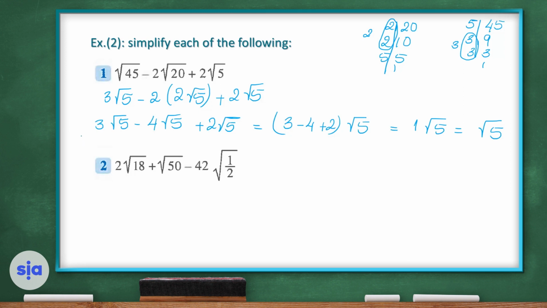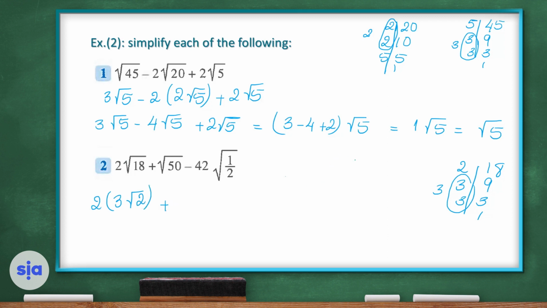It's 2 root 18 plus root 50 minus 42 root half. Let's now go and simplify root 18. So square root of 18, we make a prime factorization for the 18. Divided by 2, it's 9. Divided by 3 is 3. Divided by 3 is 1. So it's 3 square root of 2. We have a 2 outside here, don't forget it, times 3 root 2